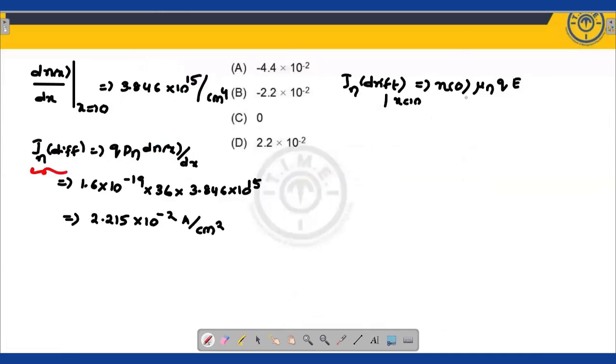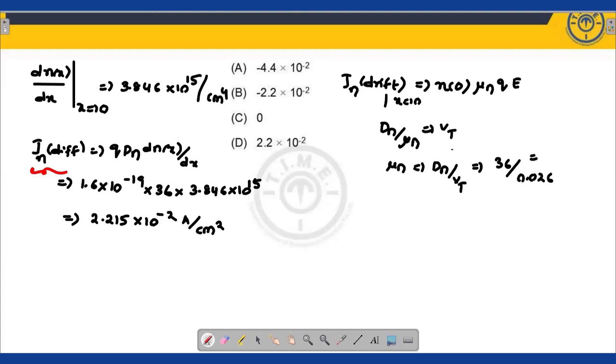First find out mu n. I told you Dn by mu n is equal to Vt. I need to find out mu n, so mu n is equal to Dn by Vt. Already the Dn value is there, that is 36, and the Vt value is there,